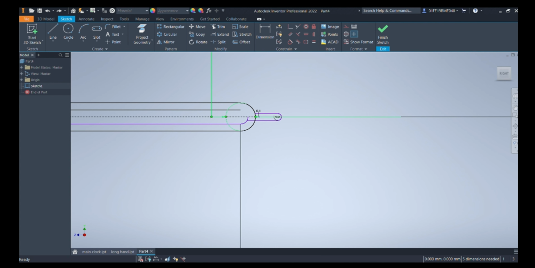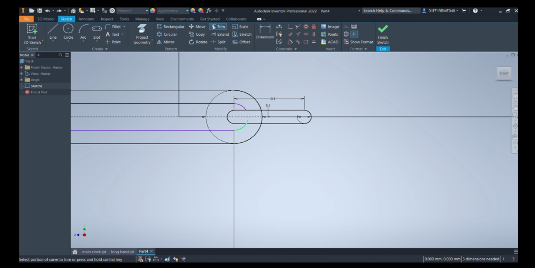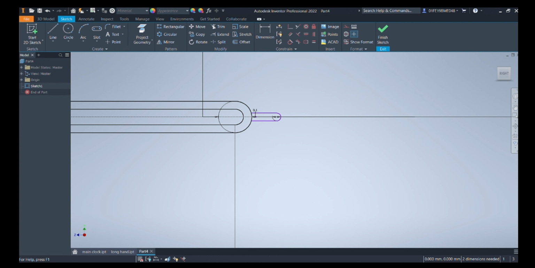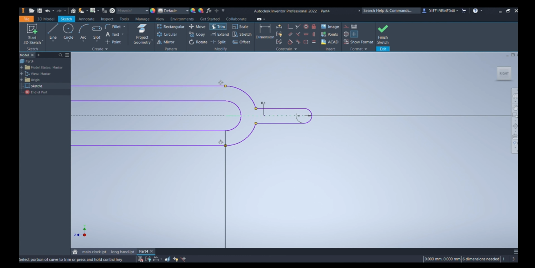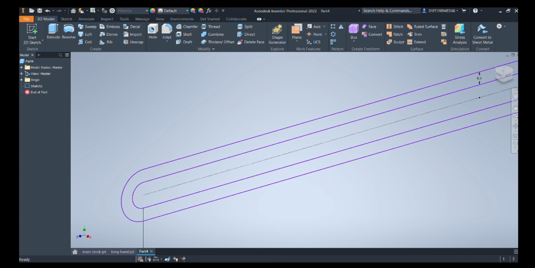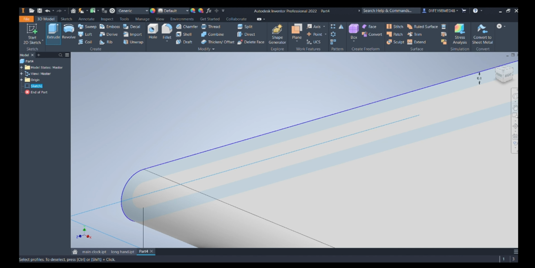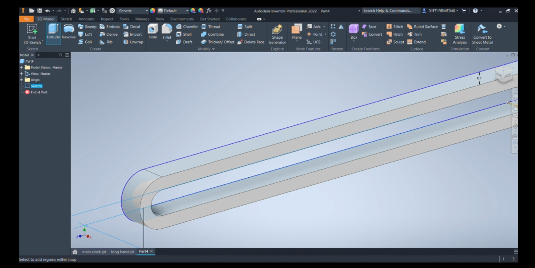the unwanted regions. So again we have made a mistake, so we need to again press Ctrl Z, and just remove the line part which has come in between these two circles. Yes, that's enough. And once we are done with it, we just need to extrude our circle or our slot. 0.3 mm is enough, as we did in the previous one.